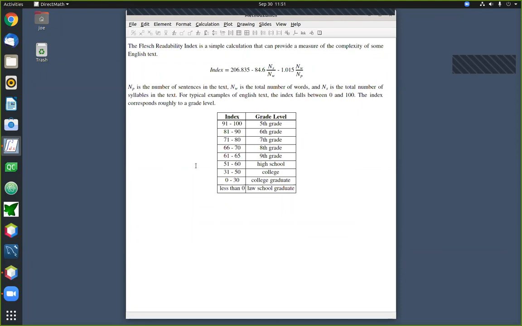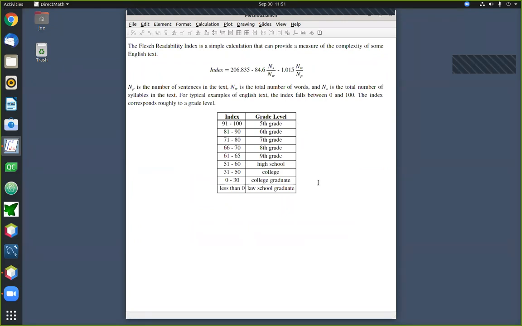Now, somewhat confusingly, the score works backwards. When you have a very high Flesch Readability Index, it actually means that the text is relatively easy to read. All right, so here in the table at the bottom, here's the standard mapping from the readability index to the difficulty, sort of the education level of the piece of text.